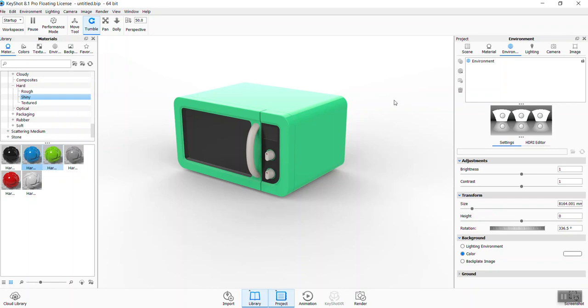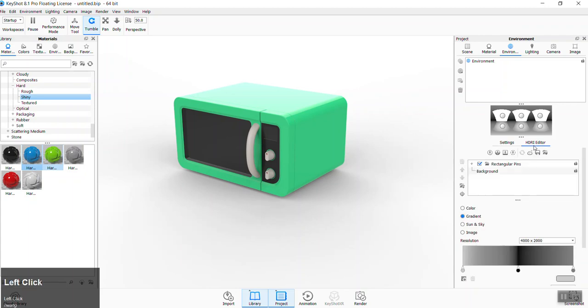I'll be honest, I think that's bad practice. That was me being lazy with Keyshot when I was learning it. New fancy Keyshot has this HDRI editor. I believe this is an HDRI file. Again, there's a lot of nuance to this that I'm not too familiar with. There's a lot of in-depth information here. The nice thing with this is